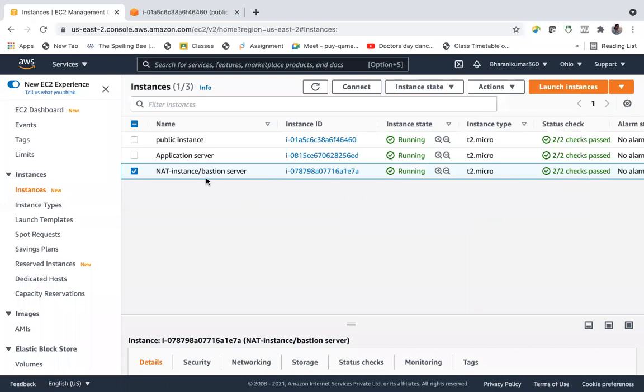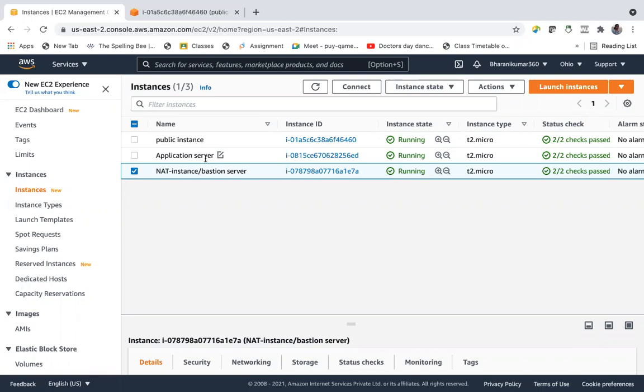But now this is not a server. It's not a front end server, not a back end server, not an application server or database server. It is a jump server, a bastion server. So this bastion server neither acts as source nor destination. The source is the application server, and the destination will be the application server. When the application server is sending a response, it becomes the source.